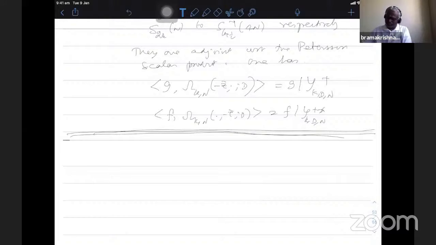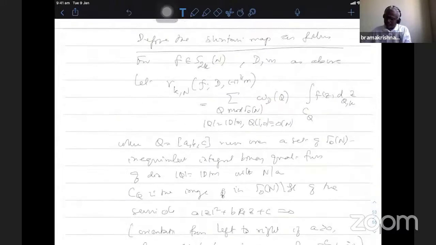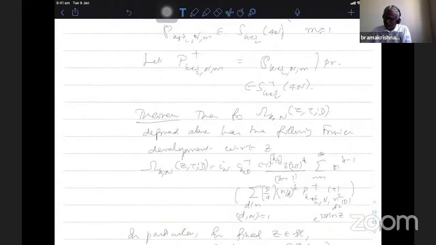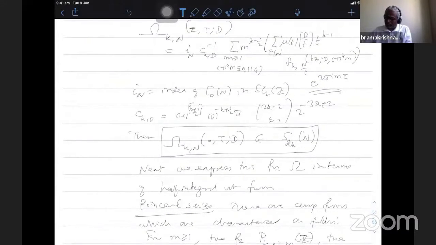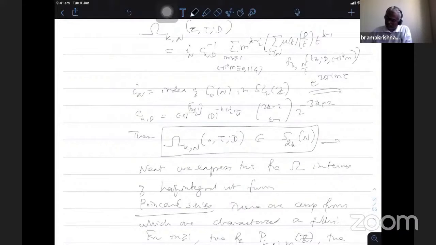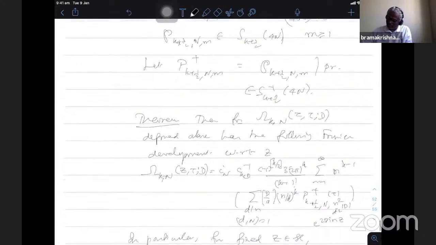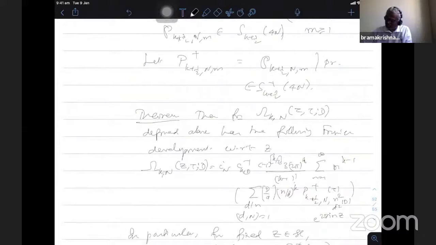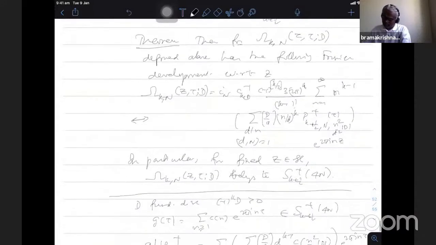So in the morning, we were defining the Shintani map, using a kernel function, this capital omega, using two types of forms, one with respect to the z variable, or integral weight form, and the other with respect to tau in terms of the Poincare series. We stated as a theorem that this omega function in terms of these two representatives, one from integral weight and one half integral, are the same. So that is a theorem.